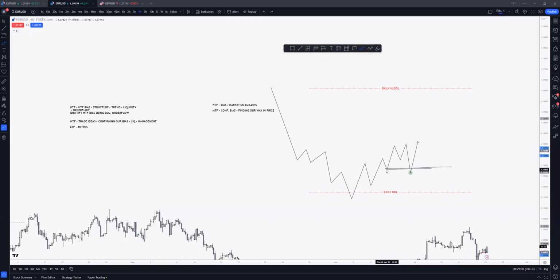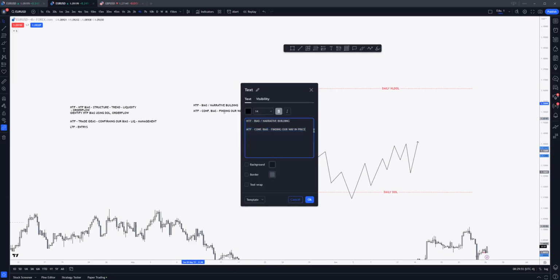Someone else might look at this like a break of structure, but because we know the framing of our trade idea and our narrative, we understand that the medium time frame is going to do things like this on the journey to fulfilling that narrative. Then we could start entering at areas like liquidity grabs, right? Does that make sense? Yeah. Easy. Okay, and then the LTF is simply